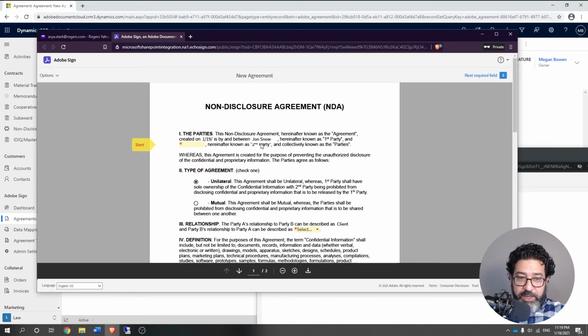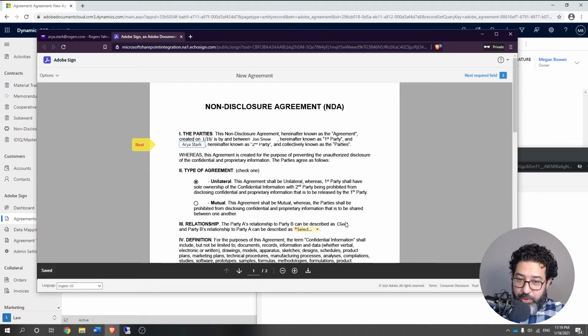And we can see here that Jon Snow's information has been added. He's the one who was authorized to choose the type of document, and Arya has to fill in the rest of the information. The relationship of Jon is client.